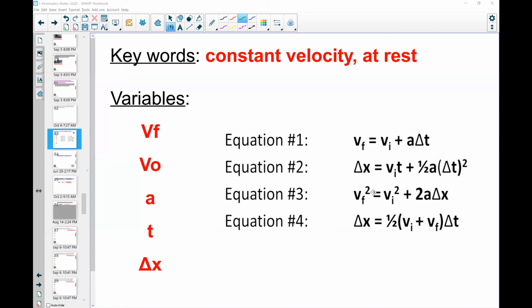And then for equation 3, that's the one today that we're going to talk about. Equation 4 is not one of the College Board equations that they give you, but it is one that we derived in our notes on Monday. So for equation 4, this is a reminder to you that whenever we cover an equation that is not listed on the formula sheet from College Board, it's wise of you to highlight that, put it somewhere in your notes.